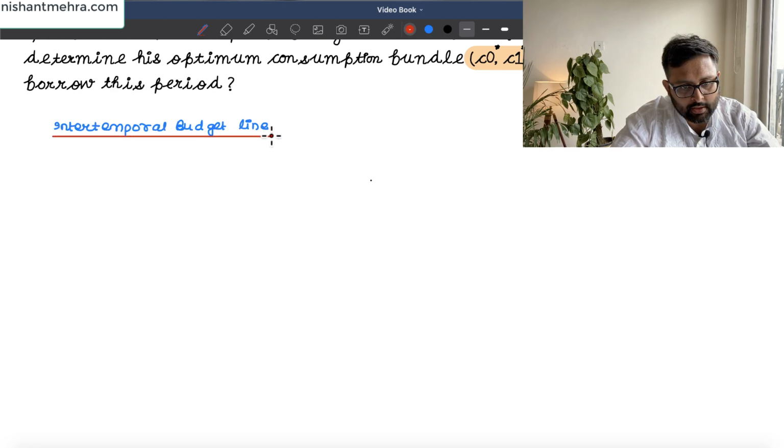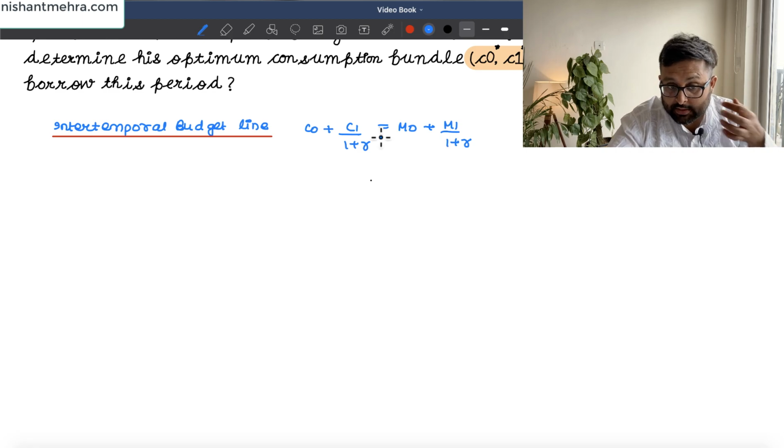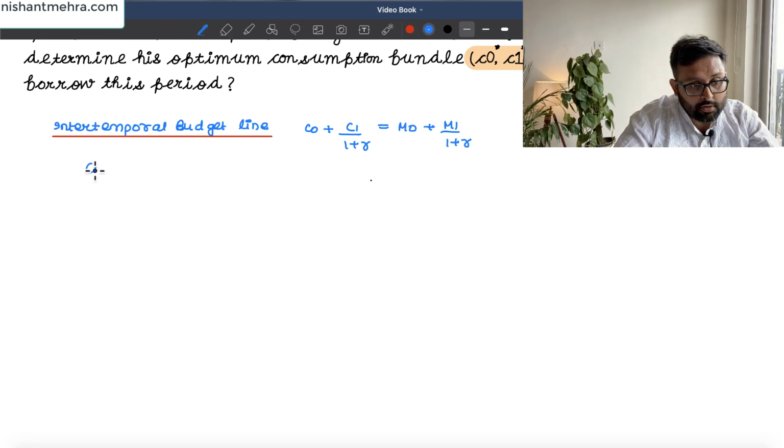So it is C0 plus C1 upon 1 plus R equals M0 plus M1 upon 1 plus R, right? So it means C0 plus C1 upon 1 plus R, and then you have